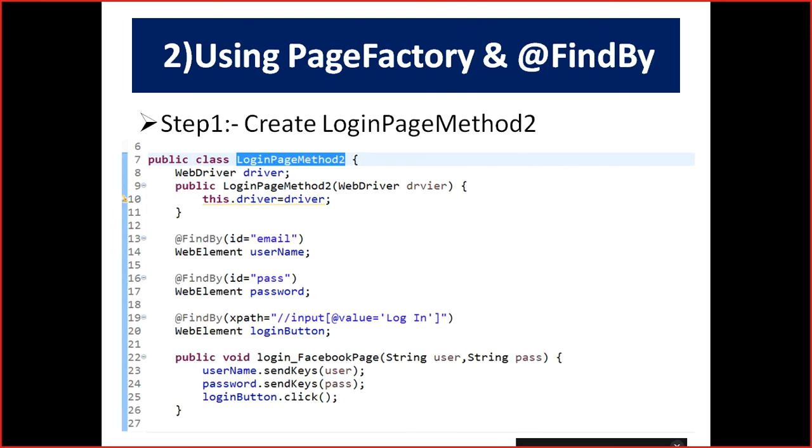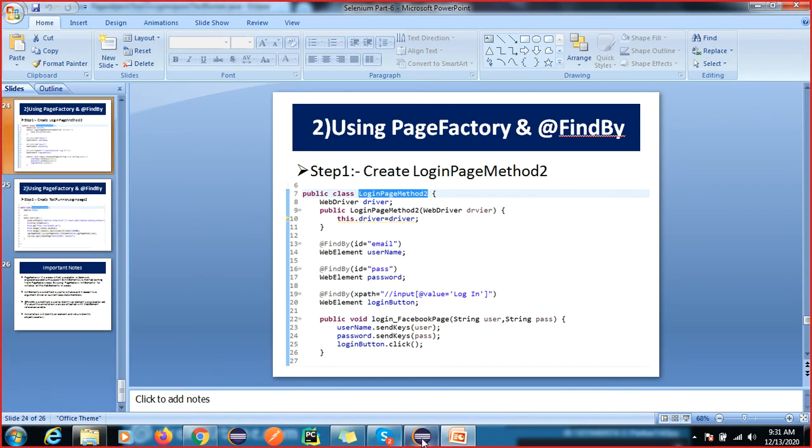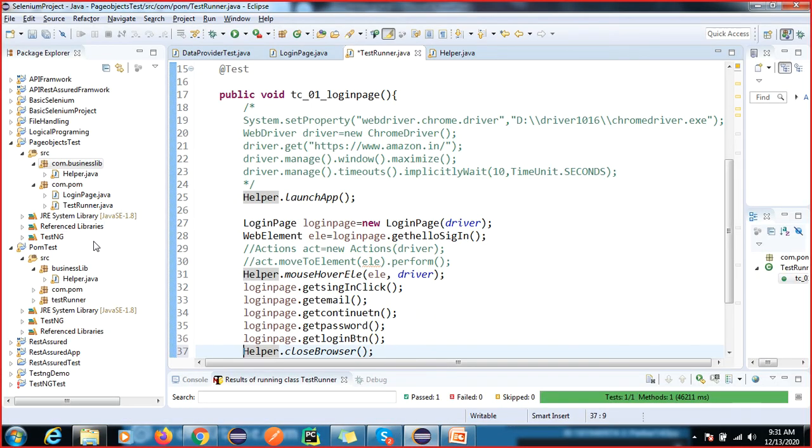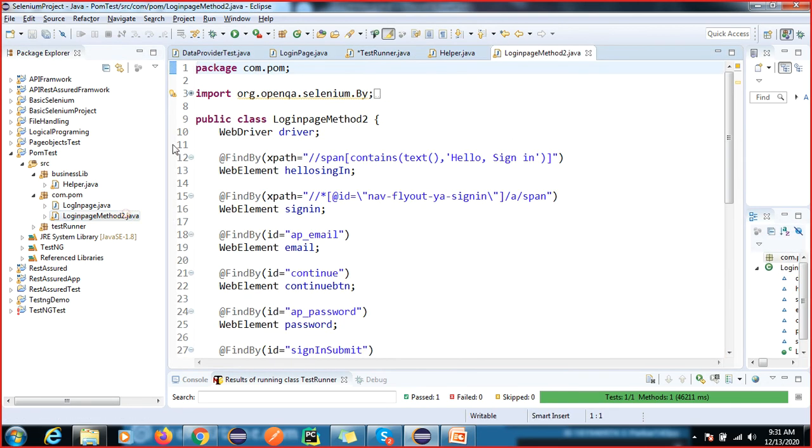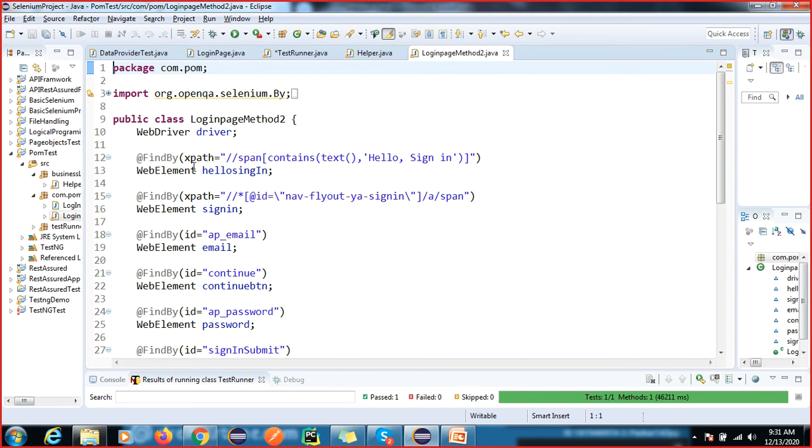And this is the second, by using the page factory. Again, I'm not going to type all the code. If I type, it will take more time. So I have already prepared it. This is the first, in the page object model. From there we have used the By class, but here we will use the @FindBy annotation. Here you can pass any locators. Got it, right? So the same script I have developed using the @FindBy annotation.